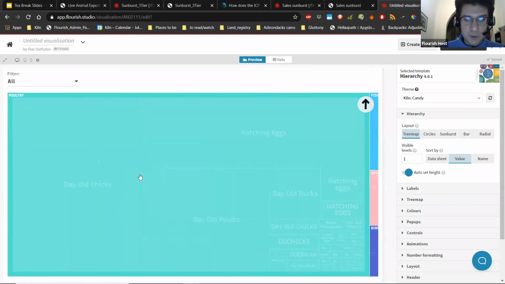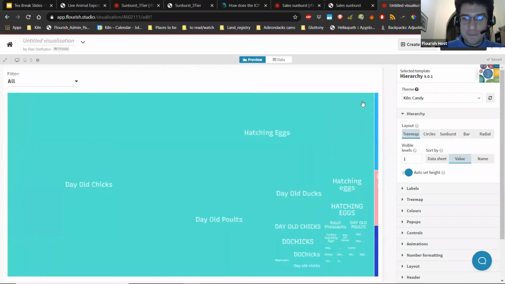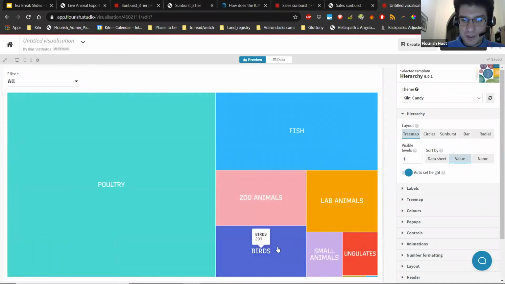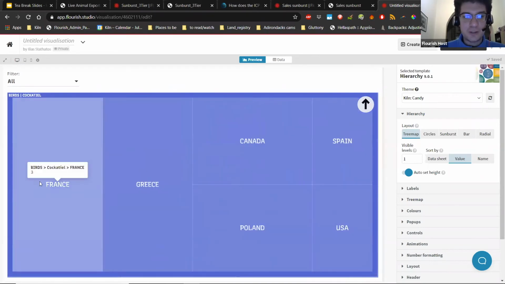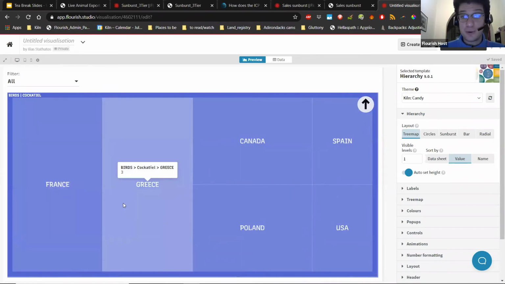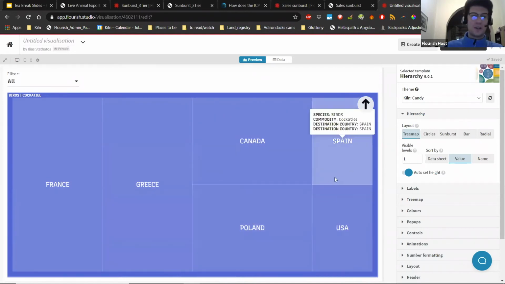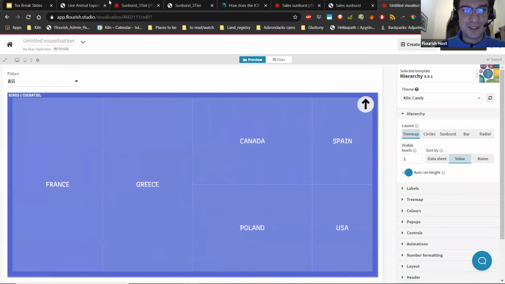As we can see now, we can click on the dataset and see, for example, that the UK exported 12 cockatiels in 2015, 3 to France, 3 to Greece, to Canada, Spain, USA, and so on. Moving on,